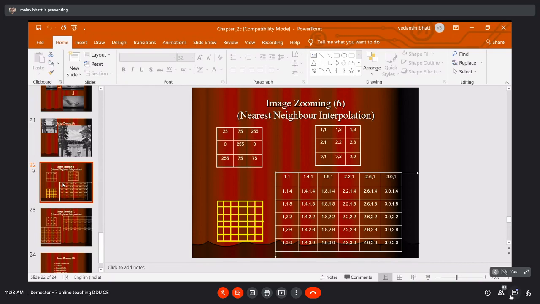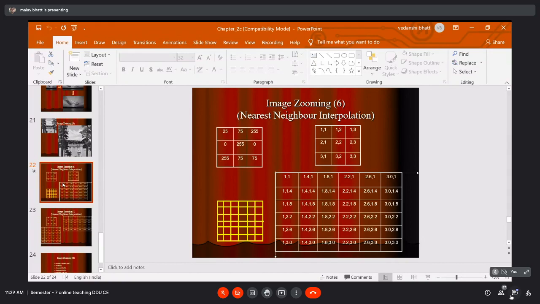We have a 3 centimeter line, and now instead of that, I want 6 points. So what will I do? The first point will be at 1. The second point will be at around 1.5. Then we have 2. Then we have 2.5, something like this. Then we have a 3. That's how we will get the points: 1, 1.5, 2, 2.5, and 3. If you consider in that way, you have total 5 points.